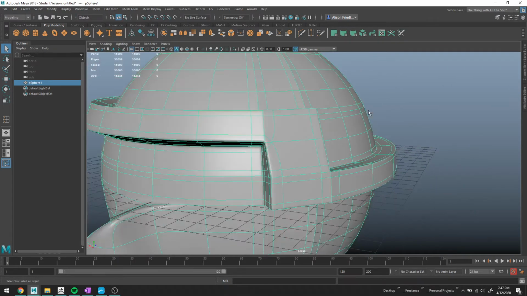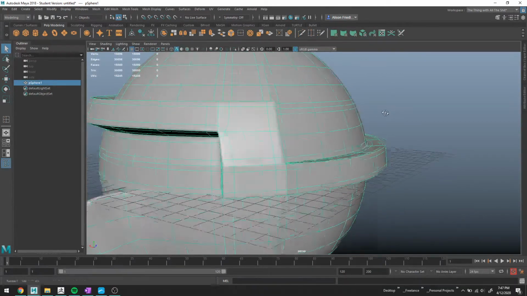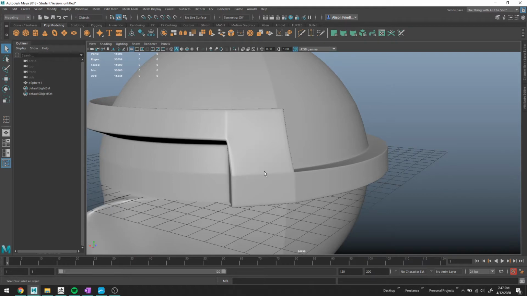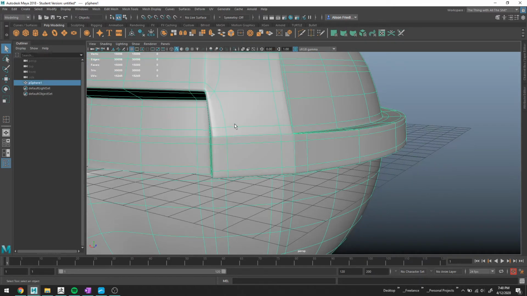I'm just going to really quickly assign this a blend. It becomes a little bit easier to see the ugly faceting as you rotate it around. So again, we don't have any of this horrendous faceting here. So for this bit, I will do exactly the same thing. I do not like this faceting here and this little edge here. So I'm just going to grab these edges or these vertices, pinch them together,